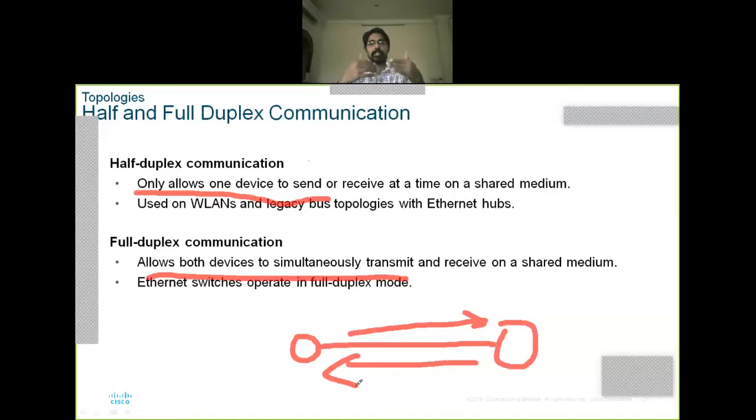If I open two gates, what happens? At the same point of time, one car can enter the college and at the same time another car can exit the college. Two-way communication, right? That is called full duplex. That is the difference between half duplex and full duplex.